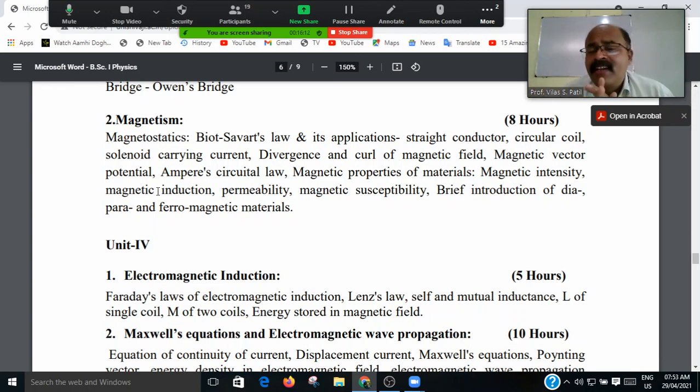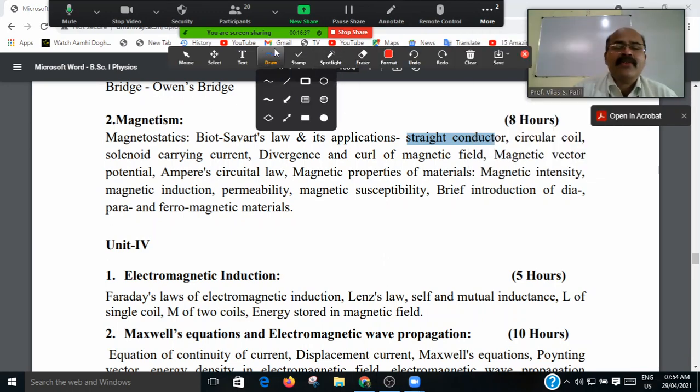And that basic Biot-Savart's law has very high importance in magnetostatics, and it has different applications, and those applications are to be studied in this chapter. The first application is the straight conductor. If the conductor is straight, I am using the annotation,